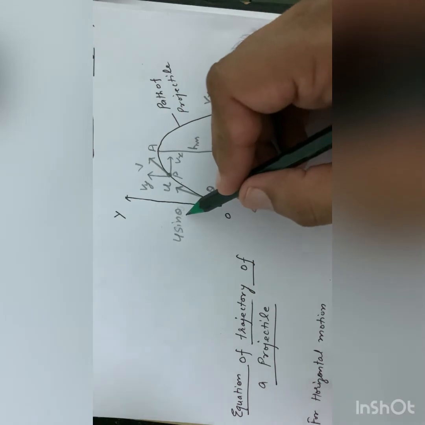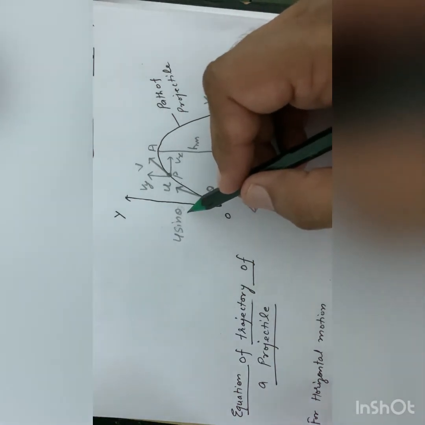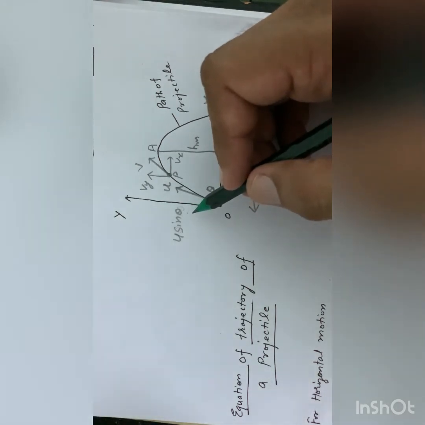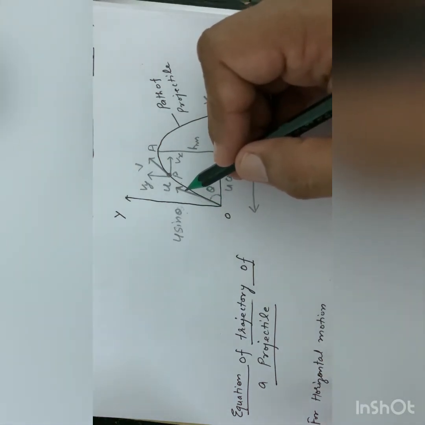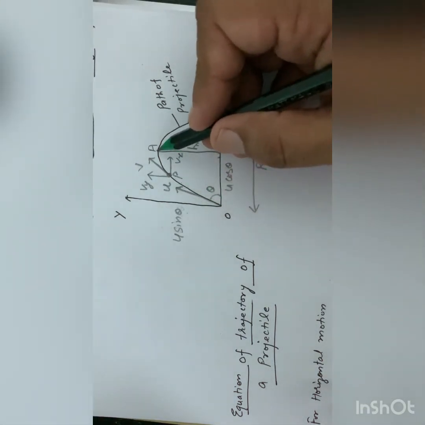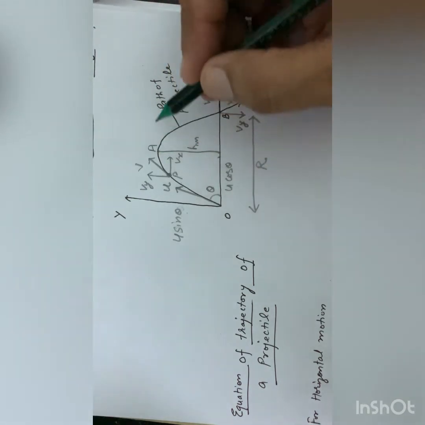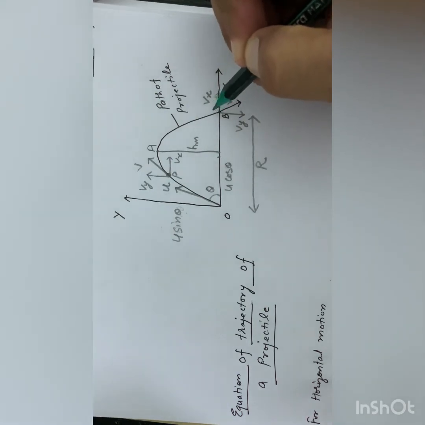The vertical component, u sin θ, changes with time under the effect of gravity. This component first decreases, becomes 0 at the highest point A, after which it again increases till the projectile hits